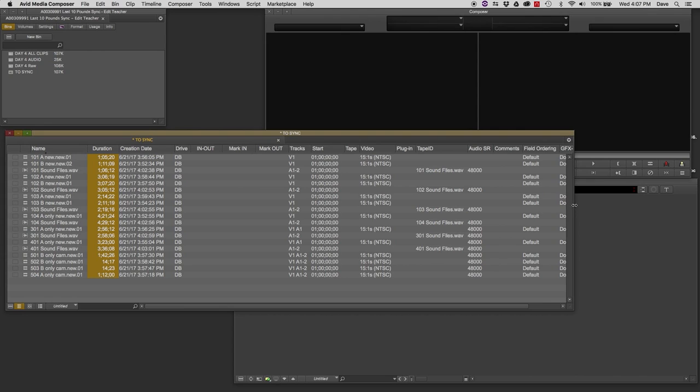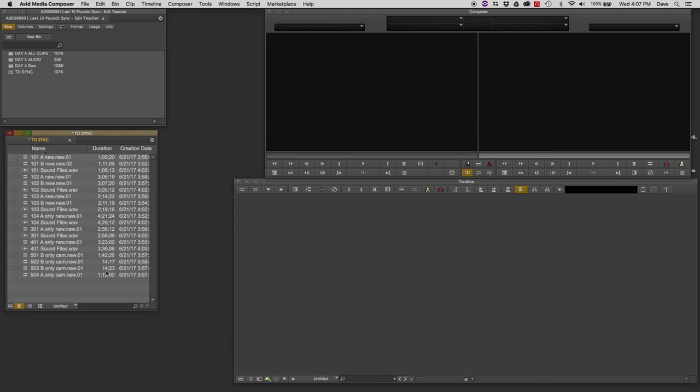Another thing is we want to be able to look at something that'll give us an indication to make sure that the clips we are putting together as groups are probably the same thing, that they do belong together. And we can make educated guesses based on the duration of the